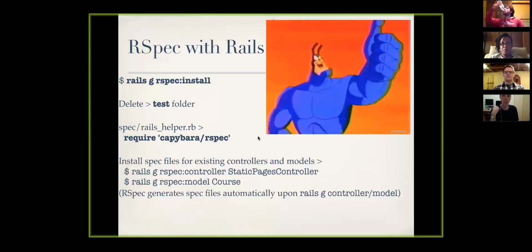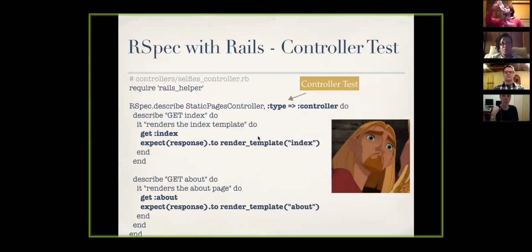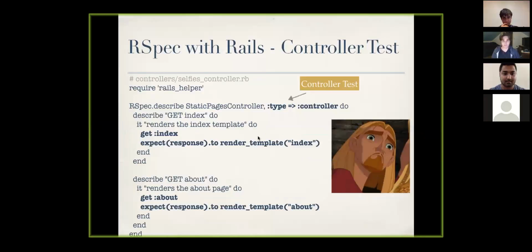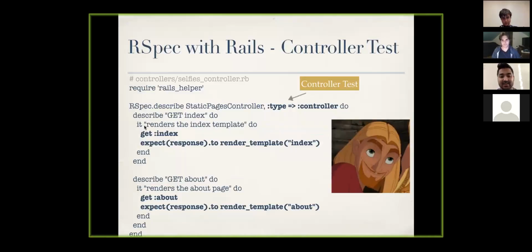Okay, and now we're going to get into controller tests, so that we can get familiarized with all the syntax and stuff. You can go to the RSpec documentation, and they show you pretty good examples as well. This is RSpec.describe. This is the latest RSpec 3.3 syntax. It changes a little bit. It doesn't use that "should" anymore, and it uses RSpec.describe StaticPagesController,